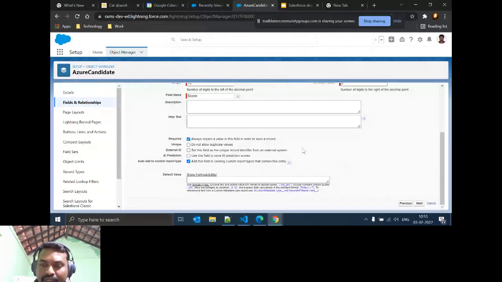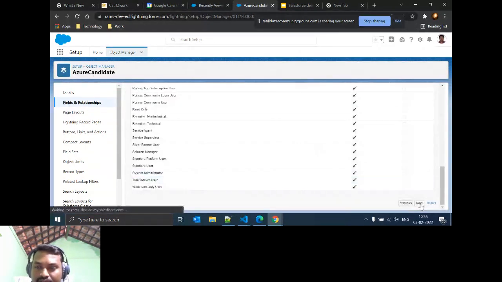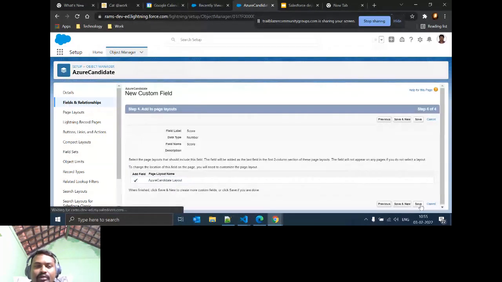Then it automatically adds to our page layout. No need to modify the page layout as of now. I will keep it as it is. This page layout is automatically added. Okay, now I added it.